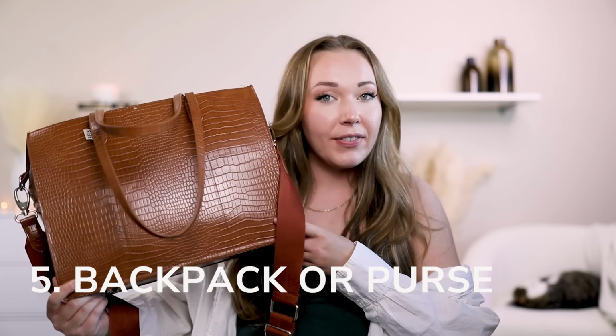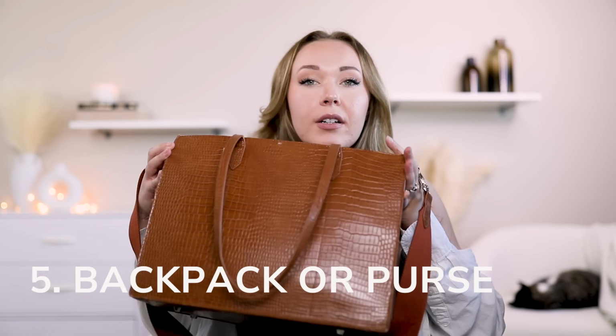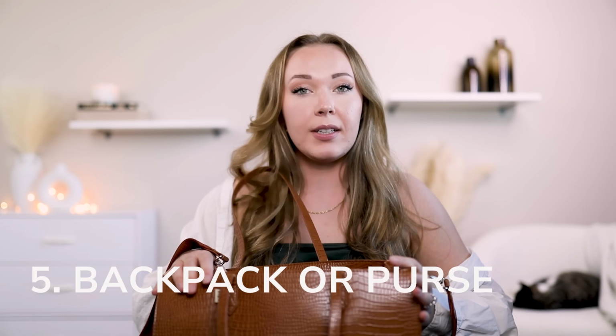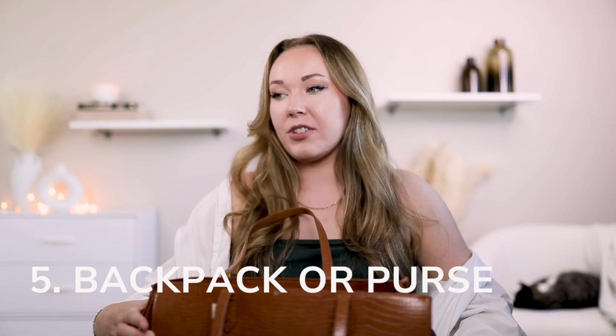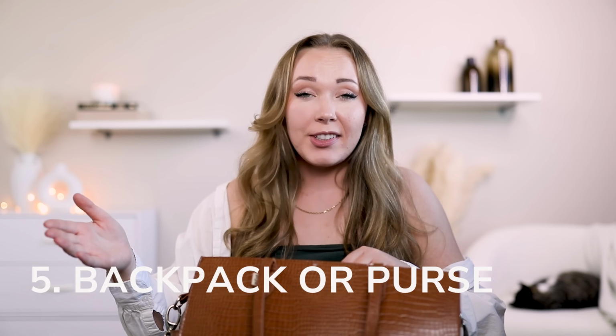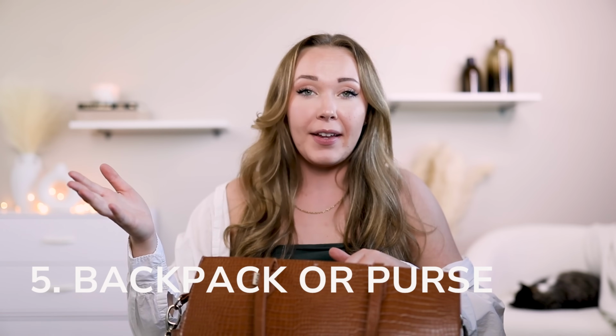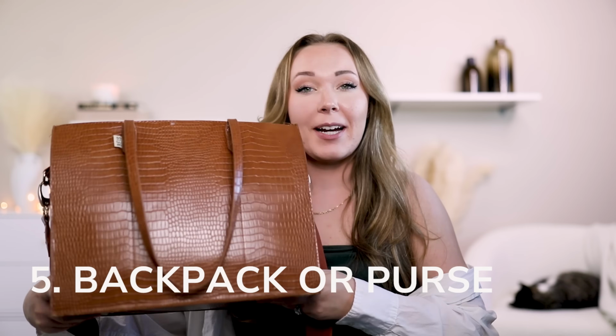The size is perfect, fits like a glove under the seat in front of you. The large work tote also works as a great personal item. I just prefer not to carry it as much as this small one. I do own both and I have used both for personal item bags and they're both great. I love them, but obviously whenever I can pack as little as possible and use as small bags as possible,